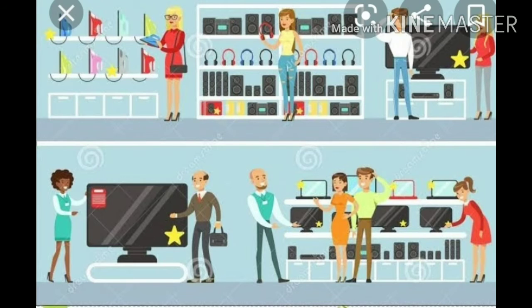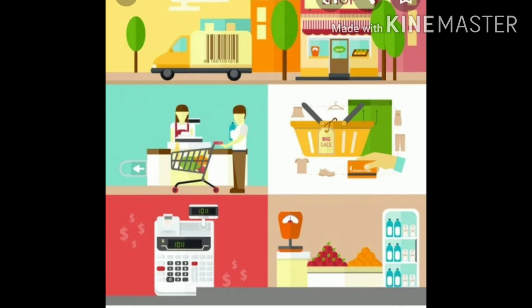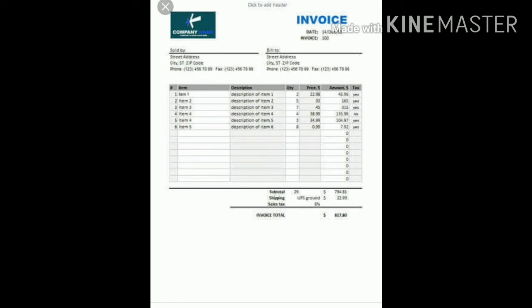It is a document that records the transfer of ownership from one person to another, which signifies that the goods have been sold to another person. So children, you are seeing some different varieties of bills.